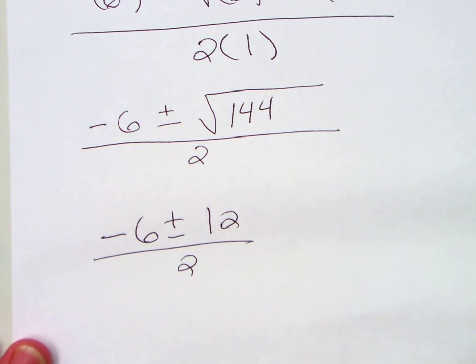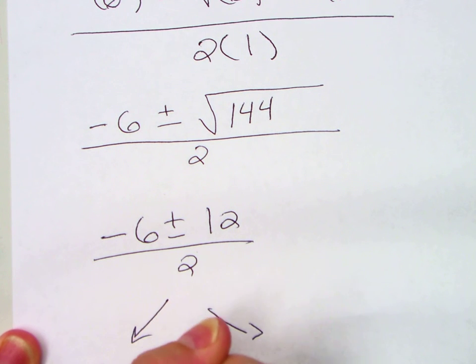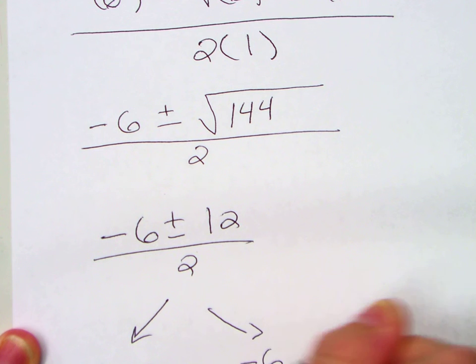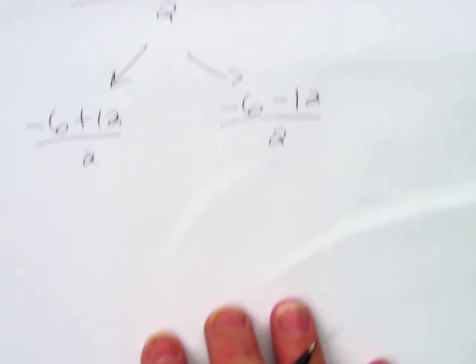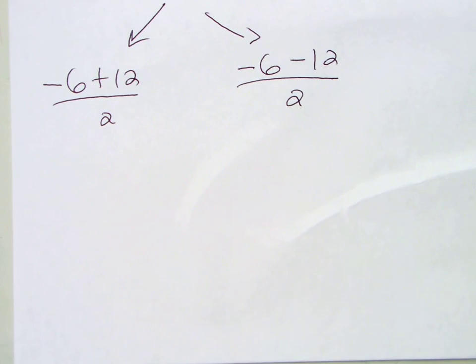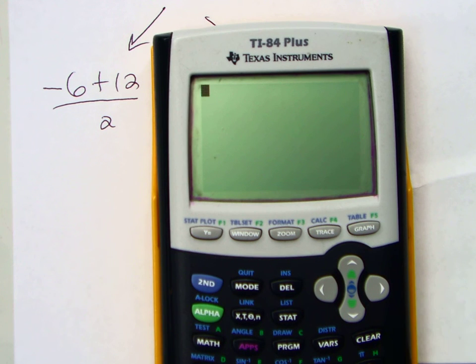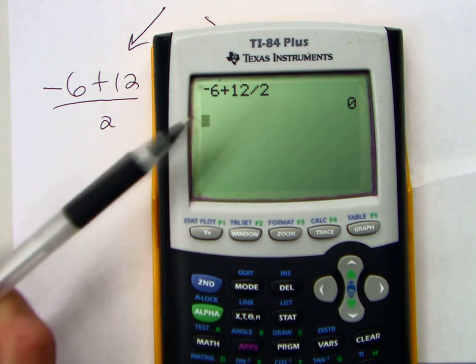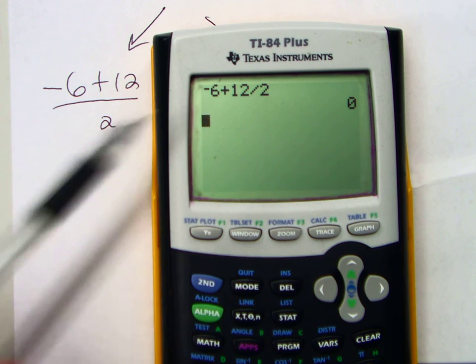Now, that plus or minus, we're going to break that up into 2 problems. We have negative 6 plus 12 all over 2, and negative 6 minus 12 all over 2. Now, here's when the issue arises. This is why a lot of students mess it up. They have their calculator, and see what I type: negative 6 plus 12 divided by 2. This is what the people get. They get 0. This is wrong. Don't do that. Remember order of operations. The calculator follows order of operations. You need to combine the